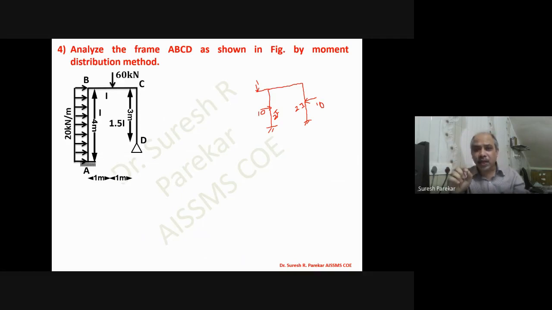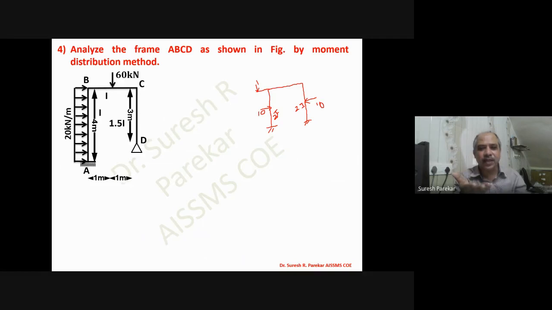I already told you it should be a mirror image in all senses. By all senses means mirror image of loading, mirror image of column supports, mirror image of moment of inertia. Everything should be a mirror image when we talk about mirror image. And therefore you have to see it very carefully: is my frame sway or non-sway?